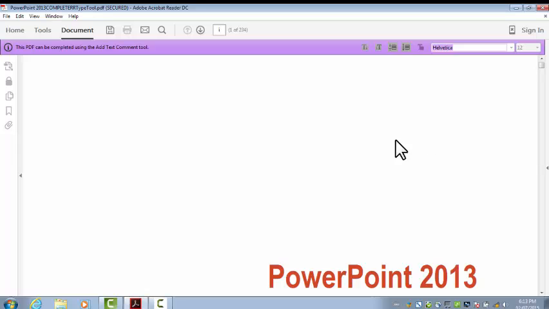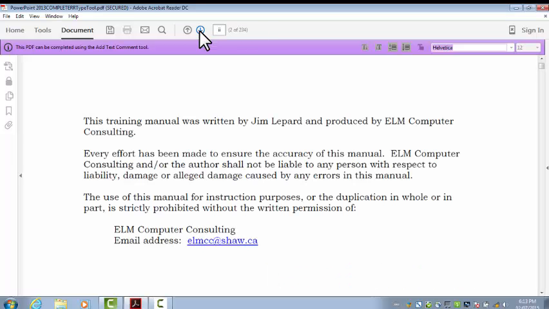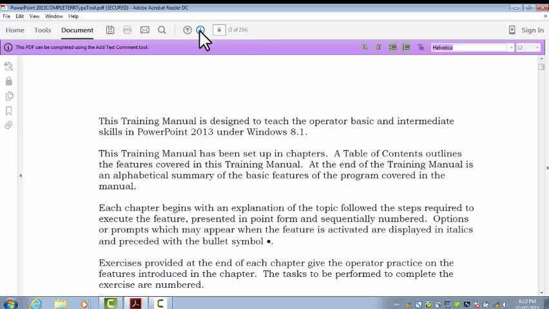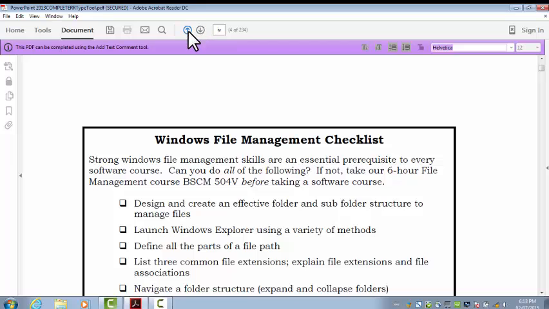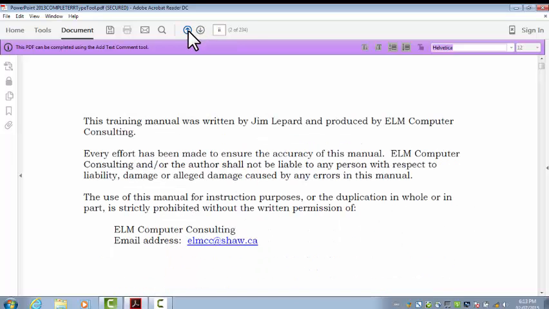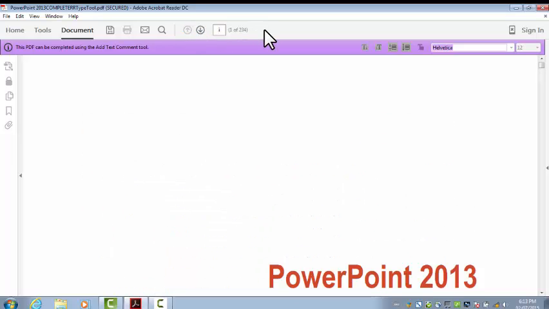One of the options that we probably want to change here is to include more items on our toolbars. So if you look up here, we have Roman numeral 1, and then we have an arrow pointing down, and that shows next page. That's fine. That's one way of navigating, is to click and move through the pages. But if we want to move in a different way and we want more options, we can add to this